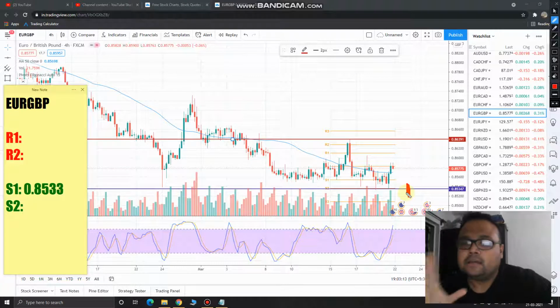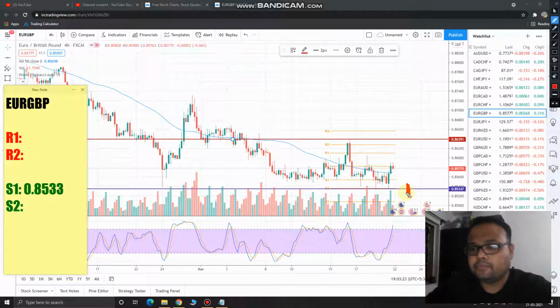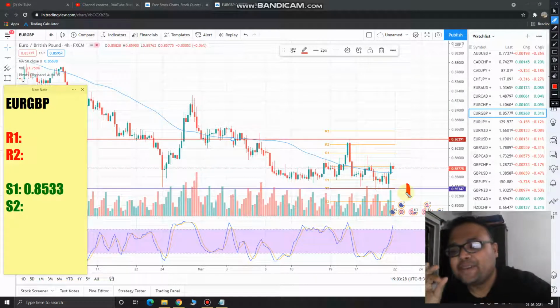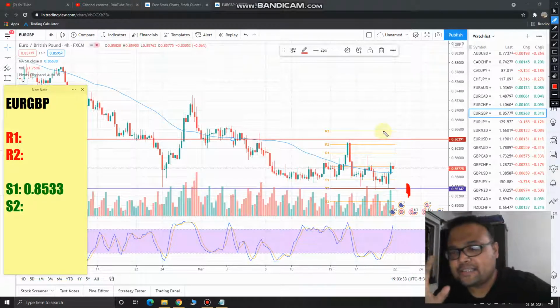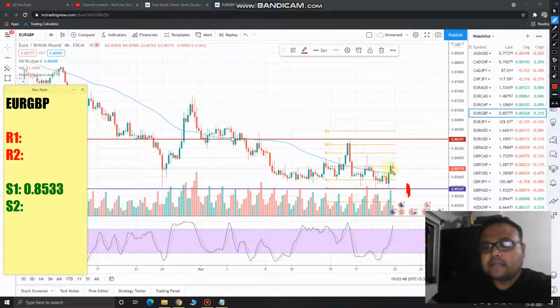Therefore, the market needs heavy volume to cross this level, and in case you see that the market has crossed the level with a great amount of volume, wait for at least 4 to 8 hours, because this is kind of an extreme situation. Wait for 4 to 8 hours and just see how the price is doing. If you see that this pressure is permanent, and the market is having high selling pressure from the bears,